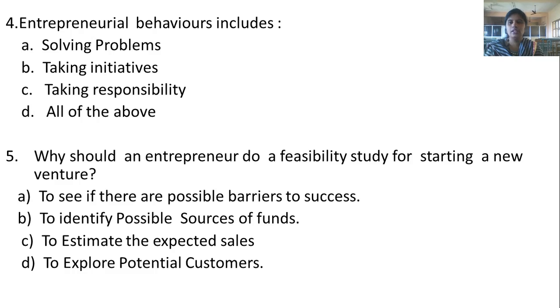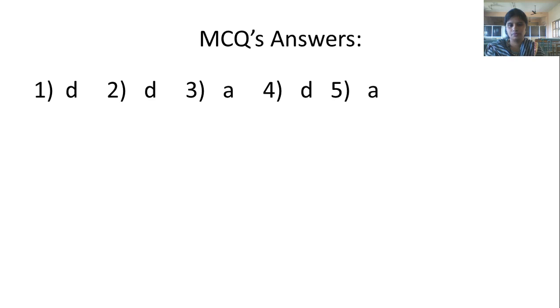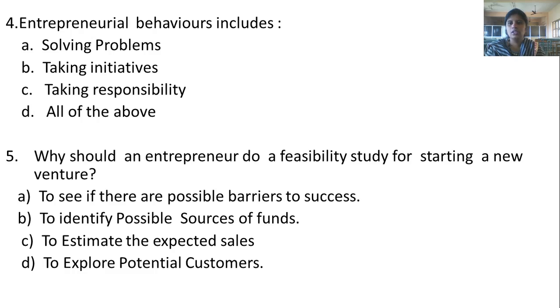And the fourth one, entrepreneurial behavior includes: A, solving problems, B, taking initiatives, C, taking responsibility, D, all of the above. So the answer is of course D, all of the above, because entrepreneurs are problem solvers, initiative takers